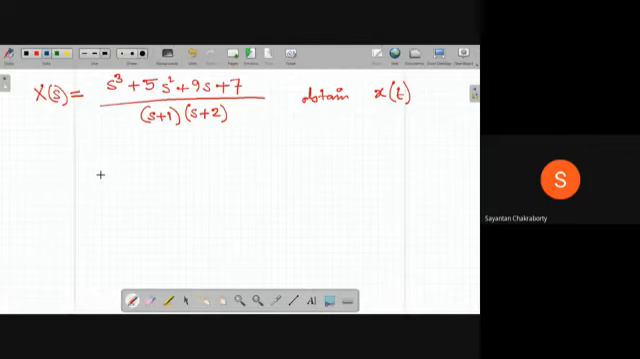So what is the first step? See, there are 3 zeros and 2 poles. The first step will be then